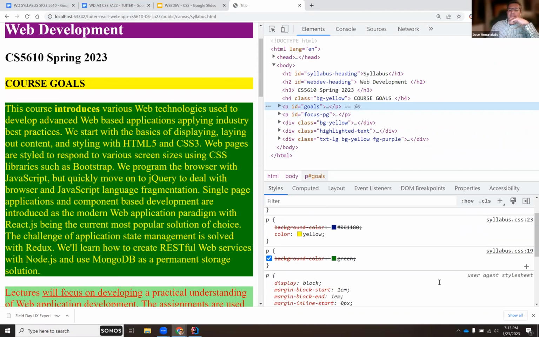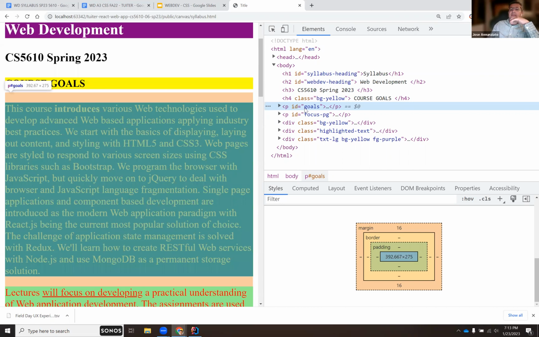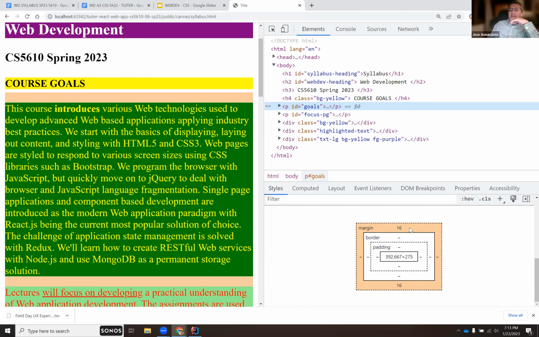So notice if I scroll down, it renders several boxes inside of each other, right? So this is what is referred to as the box model. If I click on it, see the salmon color here? It highlights it here as well. It says that there are 16 pixels above and 16 pixels below, which is defining or configuring what is called the margin. The margin